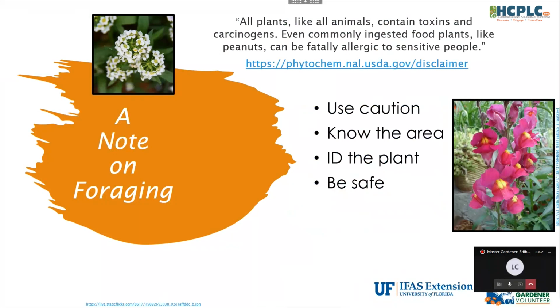Those plants likely have gotten chemicals or pesticides, maybe from the roads or just their proximity to the roads. It's also not safe, and you really want to make sure that you know your plant ID. So use caution. Be aware of your personal safety. If you're going to different areas, you might be in a spot where there's poison ivy, so know what things like that look like. Always start with small amounts, and you could even check with a medical professional if you're